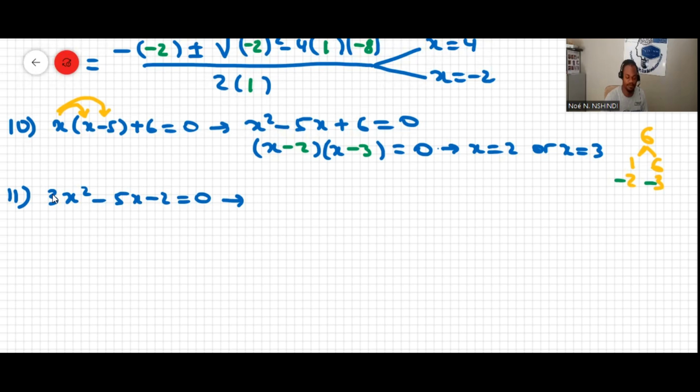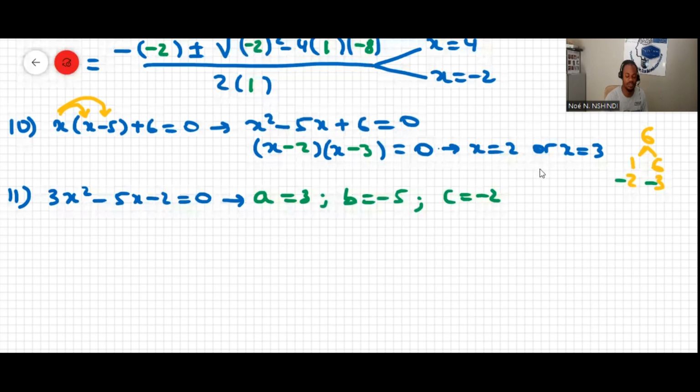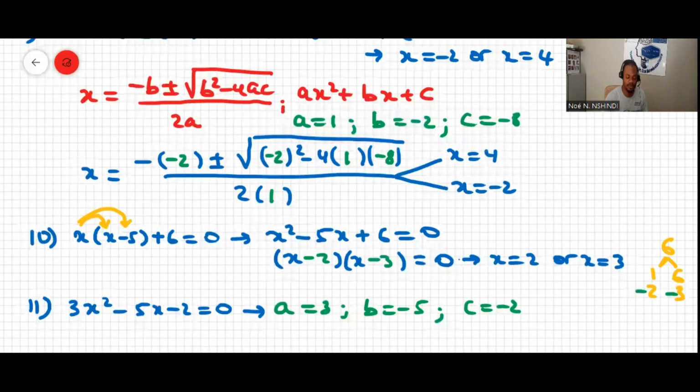To factorize, I'll do 3, or maybe let's just use the quadratic formula. Here it implies that a equals 3, b equals -5, and c equals -2. So if I use this formula here in red, okay,